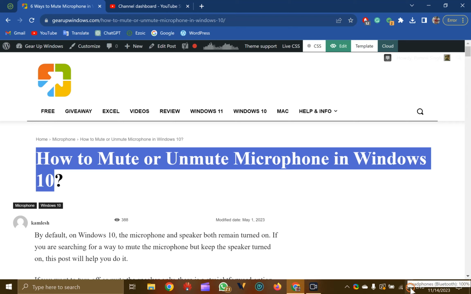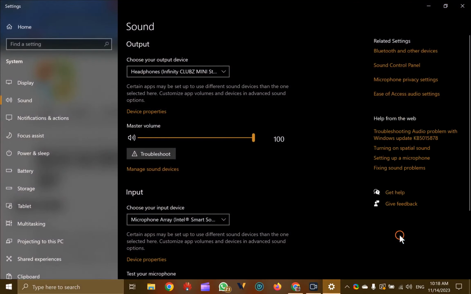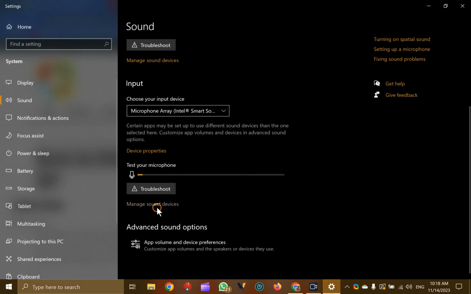First method is through system tray. On system tray, right click on the speaker icon and here select open sound settings. Here on the right side, scroll down and click on this one, manage sound devices.